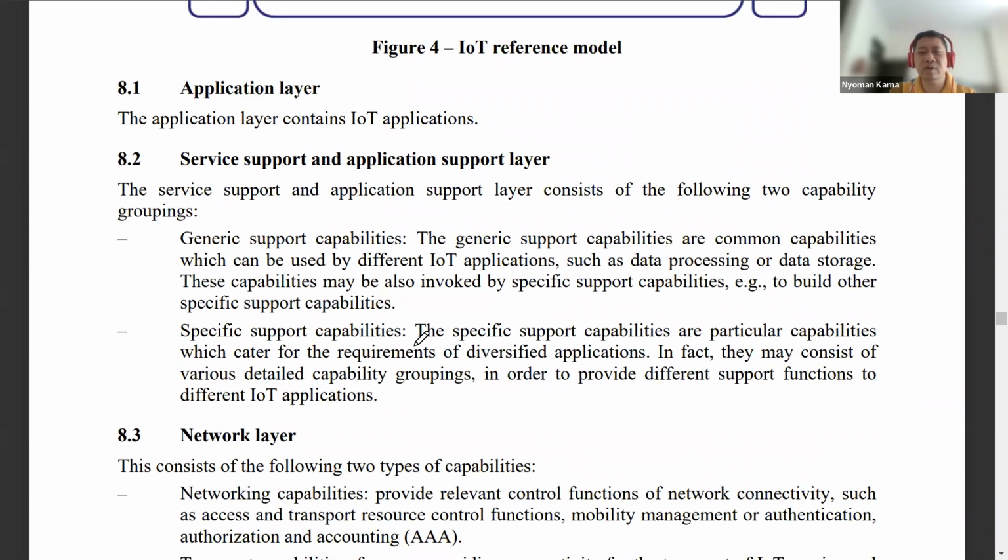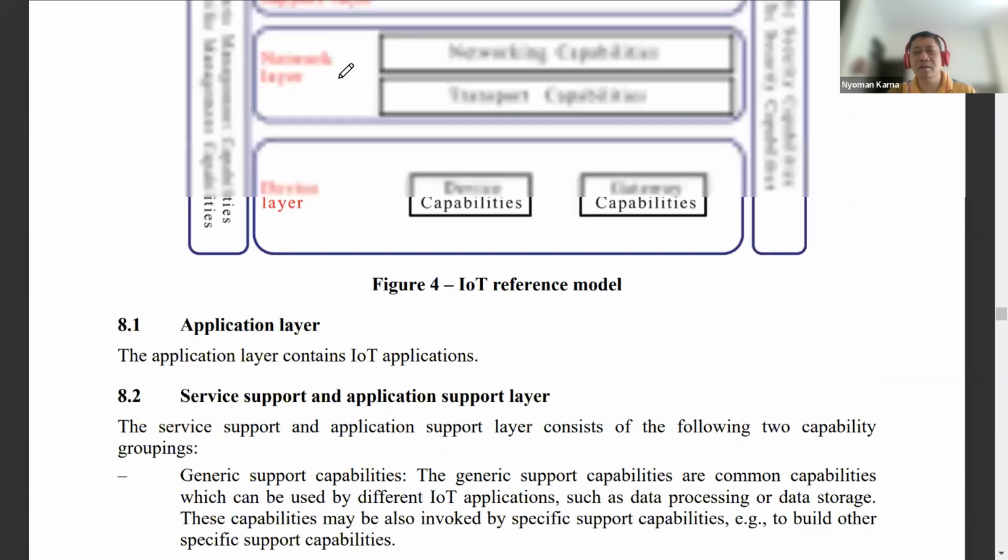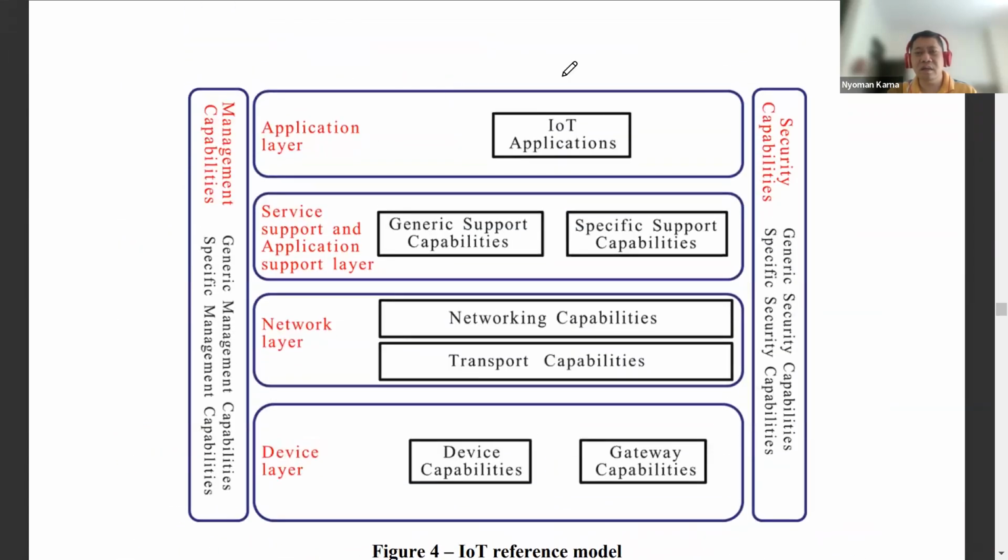Now, this is the explanation about each of the layers. The application layer is something like the IoT application. Remember, this is a layer. It could reside on the IoT device, or on the IoT platform, or maybe even in the gateway.